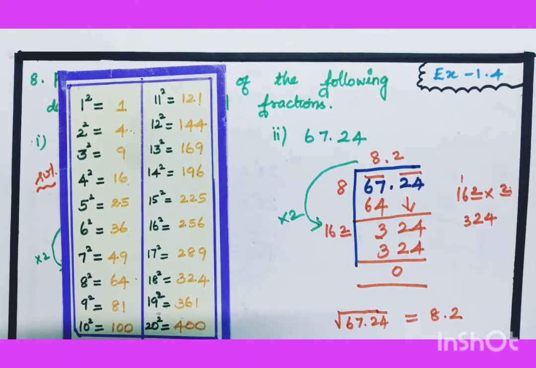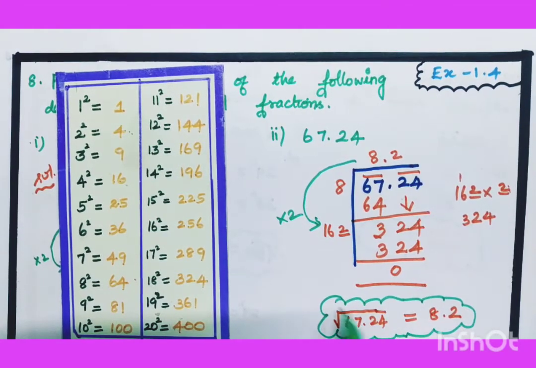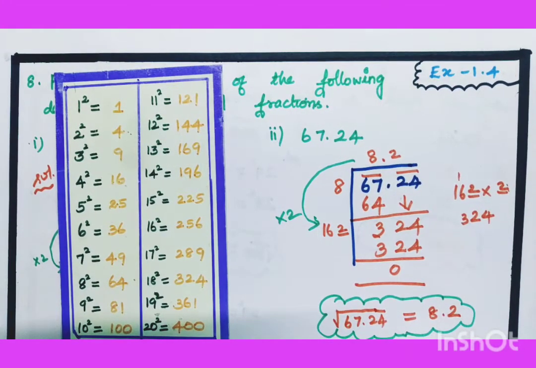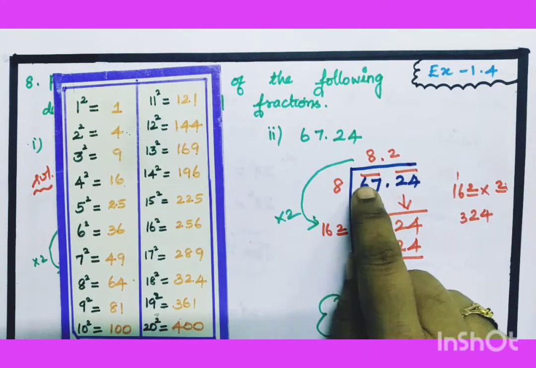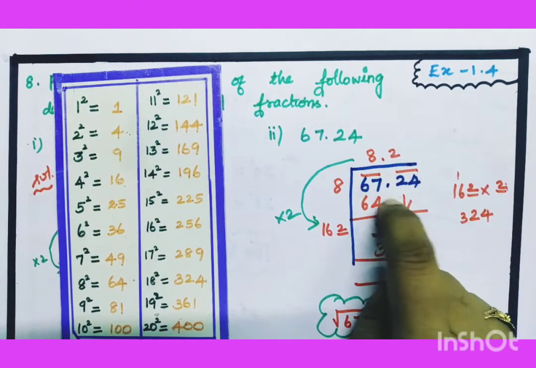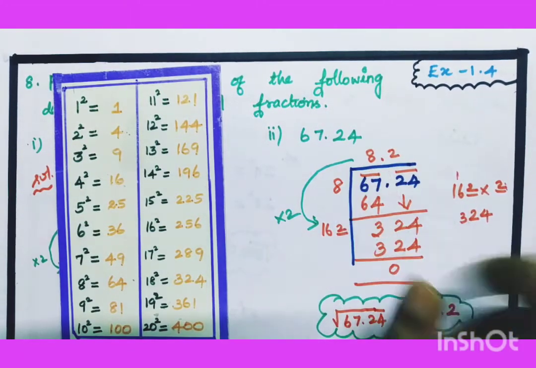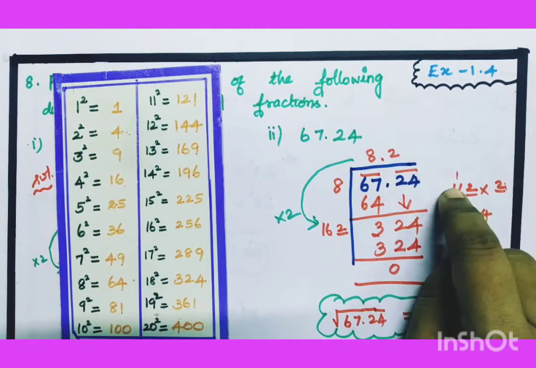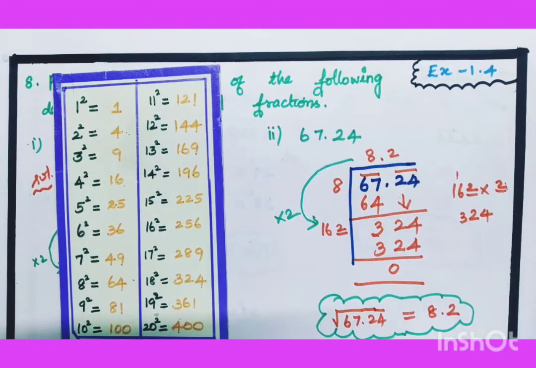If you know the long division method for the whole numbers, then it will be easy for you. Here nothing else, we want to see only the point. With the point, how to do it, you have to see properly. First, give the bar. 2 numbers together you have to give a bar. See the first whole number: only 2 digits are there, so give the pair. After the point only 2 digits are there, give the bar. Then you can proceed with the steps.